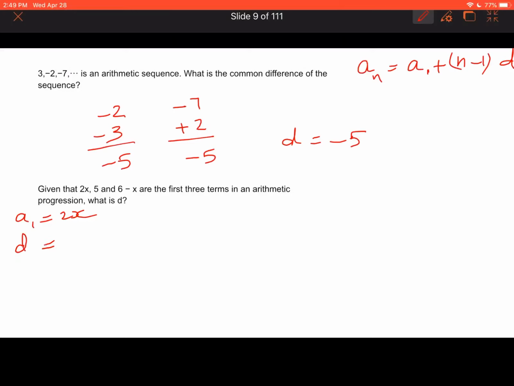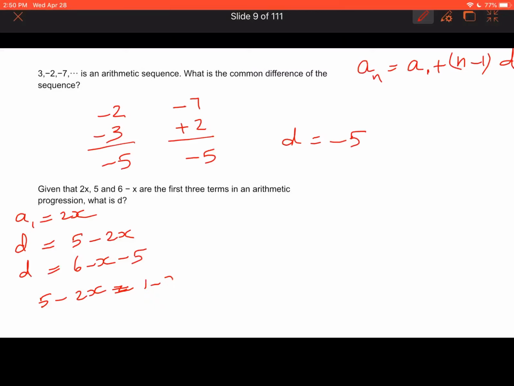D we can write as 5 minus 2x. Also we can write it as 6 minus x minus 5, right? So we have two expressions for D. Since they are equal, we can equate these formulas: 5 minus 2x is equal to 6 minus x minus 5,